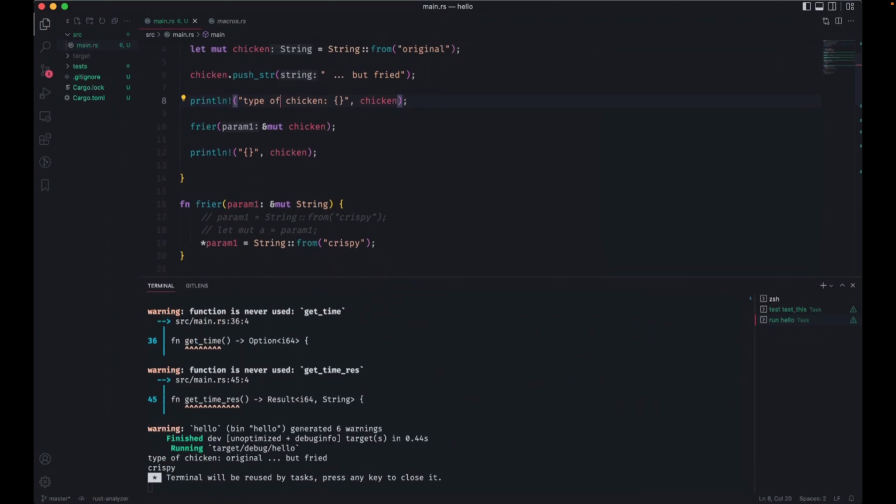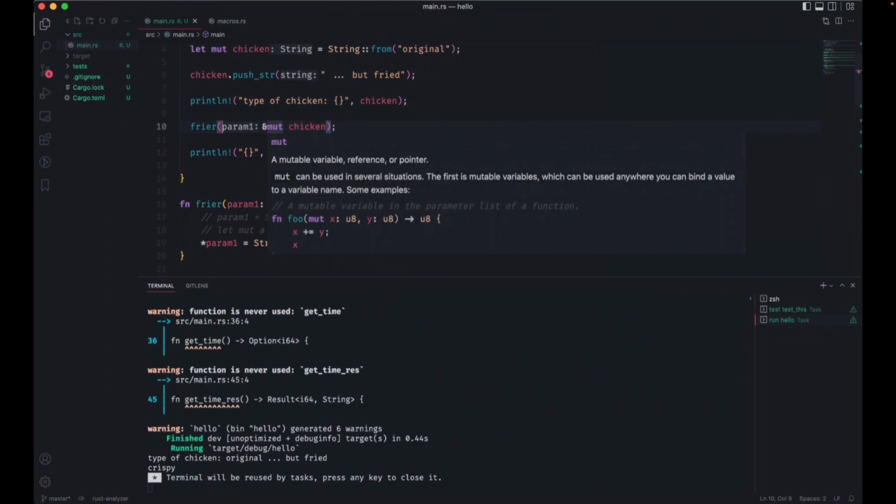Does that make sense? So you see how on line 16, the declaration of mutable string, is that telling Rust to expect that in the passed parameter, or does that actually apply? No, it's not transformative. It's just an expectation. It's the type of this parameter.